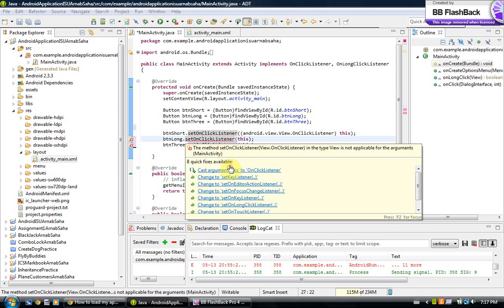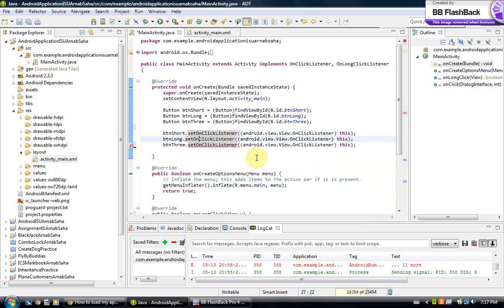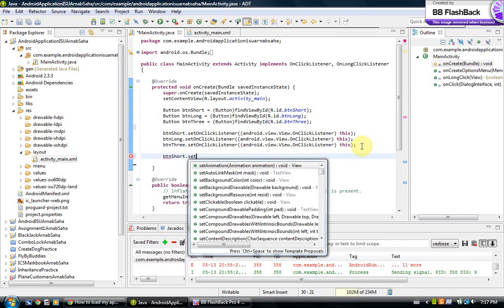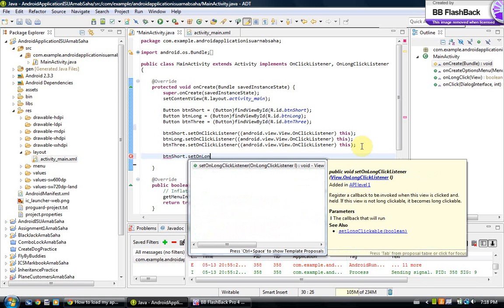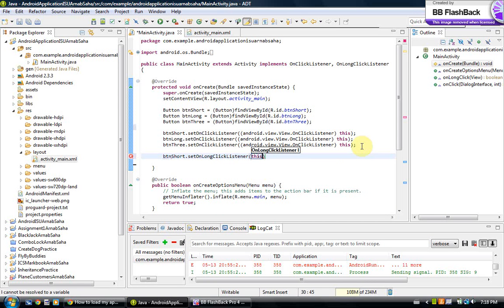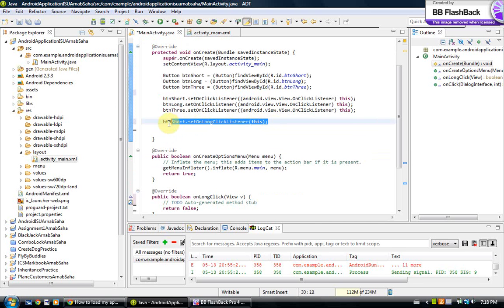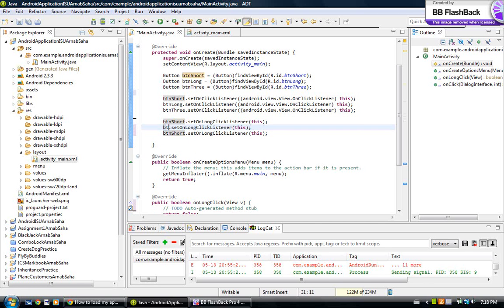We're just going to cast them, and then for all three of them we're going to go with long click, this, and we're just going to do the old copy paste method: btnLong, btn3. Okay,